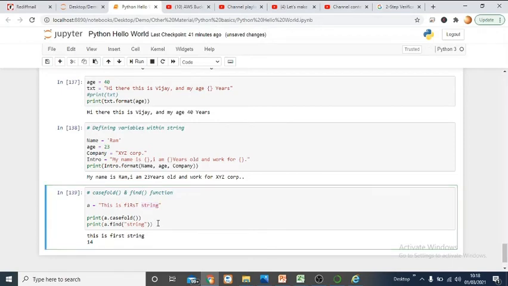When you run it, first casefold is going to convert everything to lowercase, and at the same time if you want to find the index of the word string, then string occurs at the 14th index. 1 2 3 4 5 6 7 and so on, 14th index. Sorry, it starts with 0, so at the 14th index it is going to start this string, right?